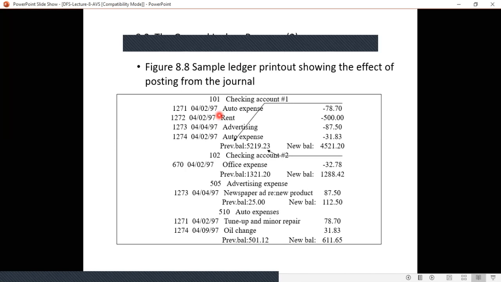And the last line, that is the previous balance and the new balance, is from your ledger file. So in the printout you need entries both from the ledger file as well as from the journal file, isn't it?